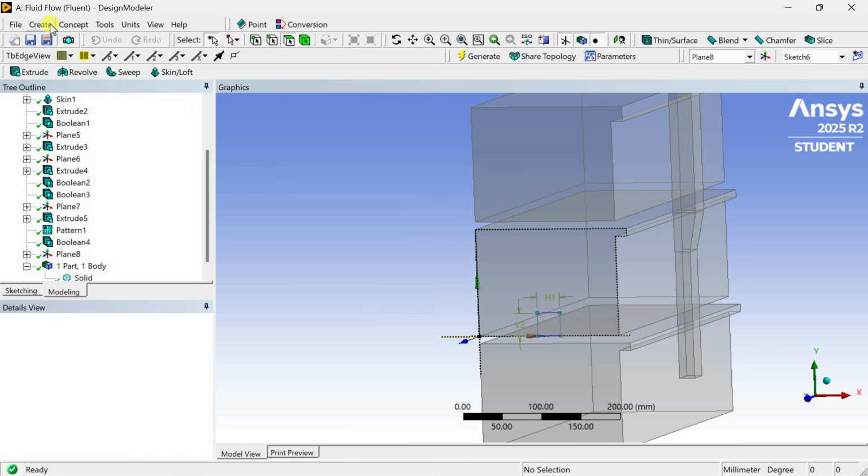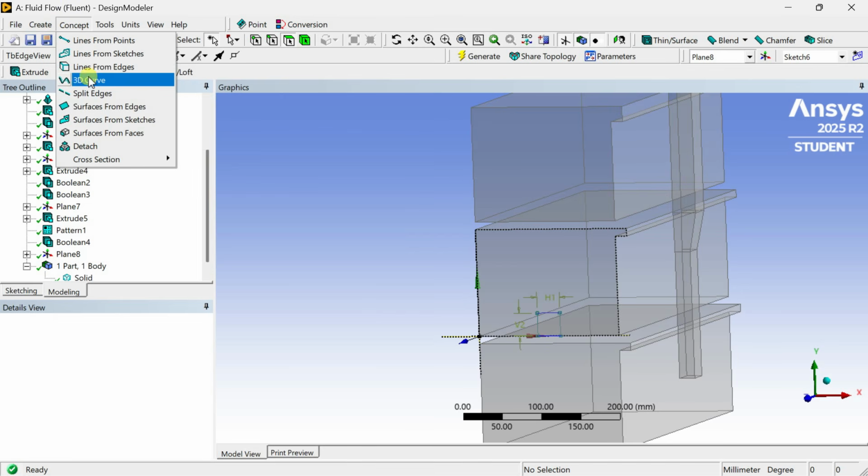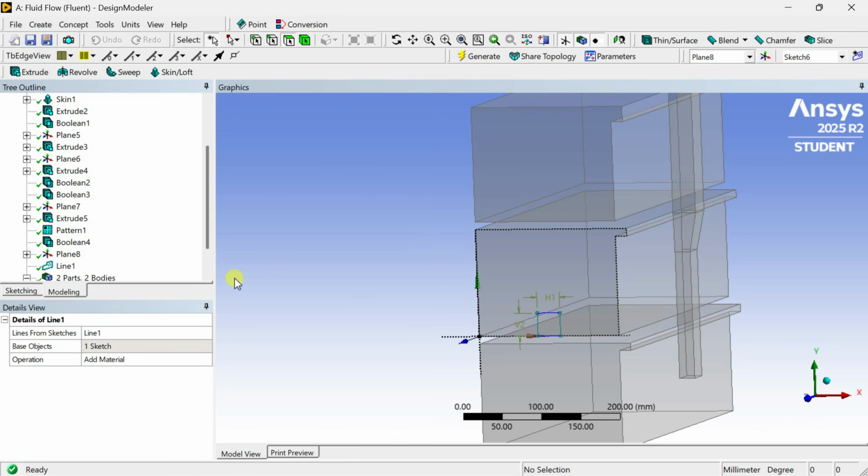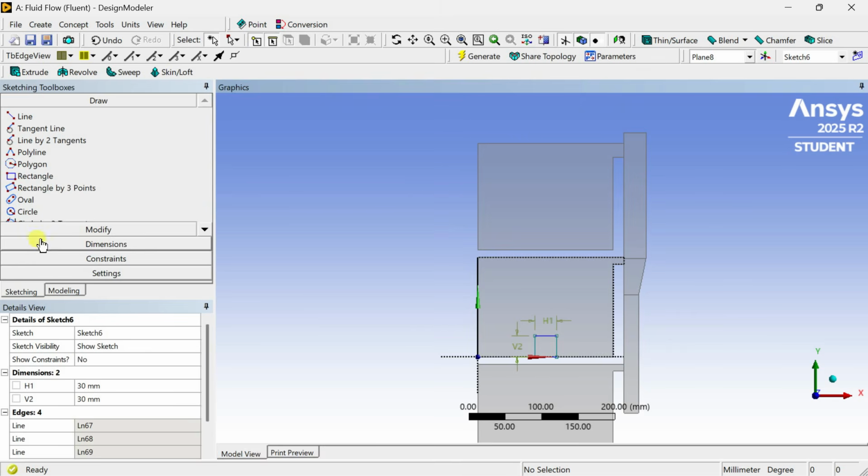Before that, we need to convert this sketch to a 2D line body. For this, go to the concept tab and select lines from sketches. Select the sketch and click on apply. Creating this as a line body. Similarly, creating another 2